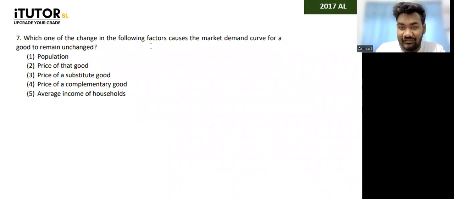Which one of the changes in the following factors causes the market demand curve for a good to remain unchanged? So one of these is changing, but the market demand curve doesn't change. That means it doesn't shift. So which one? Population, price of the good, price of a substitute, price of a complement, average income of households. Come on, easy one. Which one? The answer is the